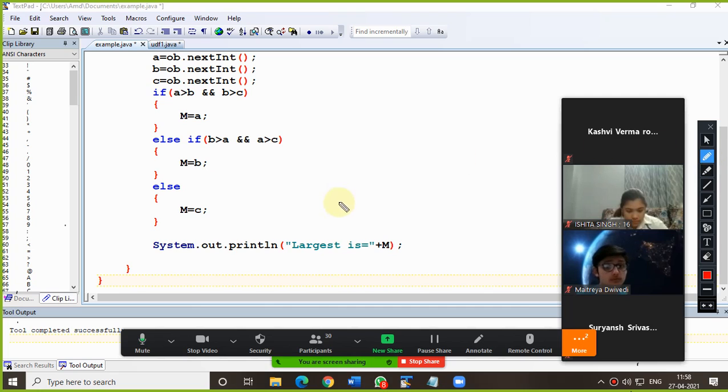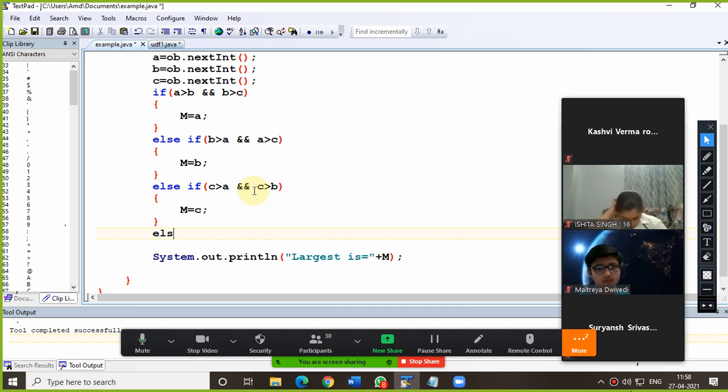Or there is one more way, you can put it like this also. You can put one more condition: if c is greater than a and c is greater than b, then this.